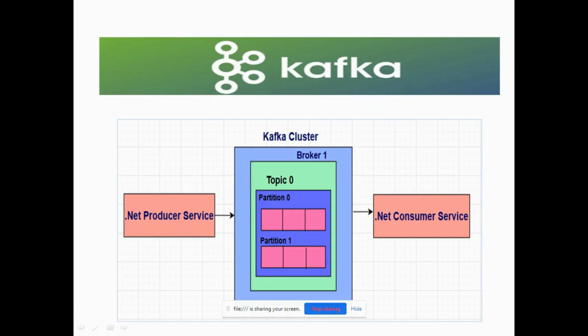Today I would like to discuss sending messages to the Kafka server and reading messages from the Kafka server by using .NET services. So in this diagram I am showing creating the producer by using the .NET code